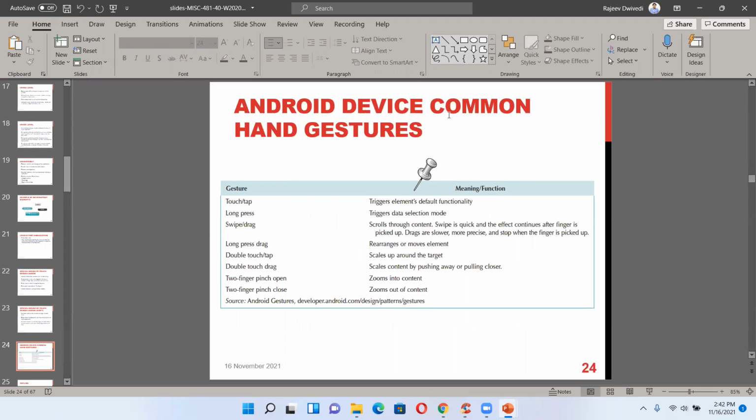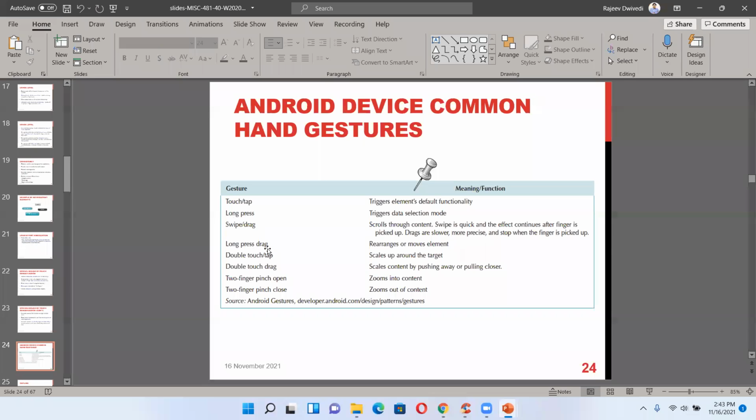In Android devices nowadays, I don't know how many of you are Android users. I'm an Android user. These are the common hand gestures. Touch or tap triggers the element's default functionality. Long press triggers data selection mode. Swipe and drag scroll through the content.